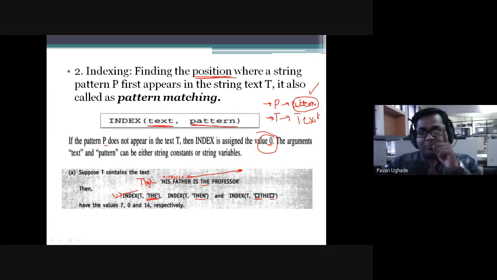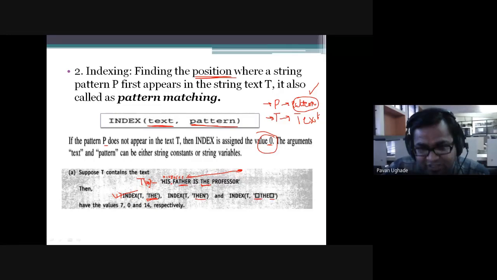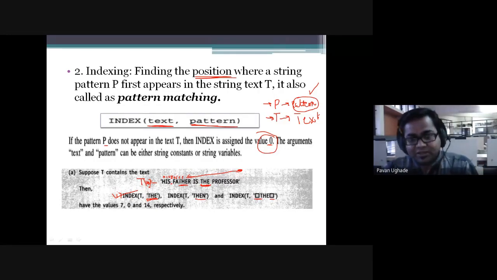You will be getting the pattern in multiple ways. Okay, so if you read it, you will be getting the "the" here also. Most of the people will be considering this "the", right? Initially they have thought of this "the". That's why they have said, sir, it is available. But it is available, fine, but the first "the" is available from the 7th position. So it is the 7th position, right?